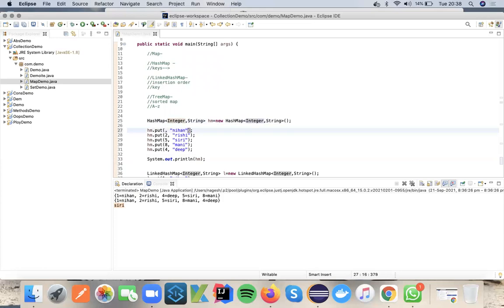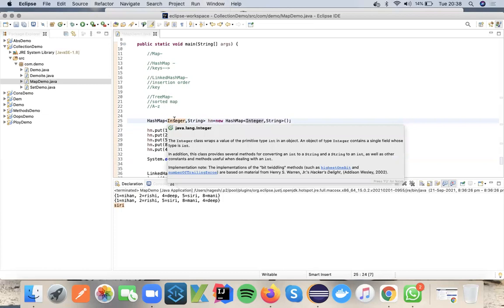So if I'm storing this as something like klm, it will not allow, because it will suggest that you have to add the value as an integer, because it is restricting me and trying to tell me that. So that is what we have to understand from this concept.